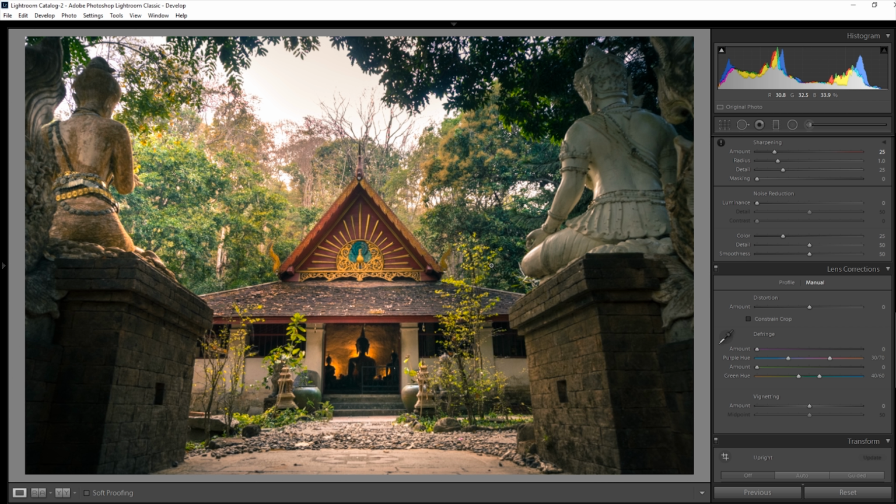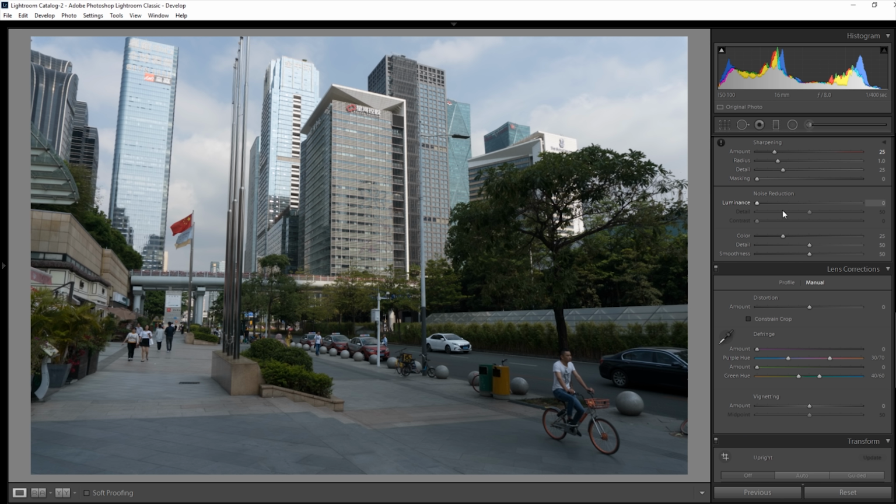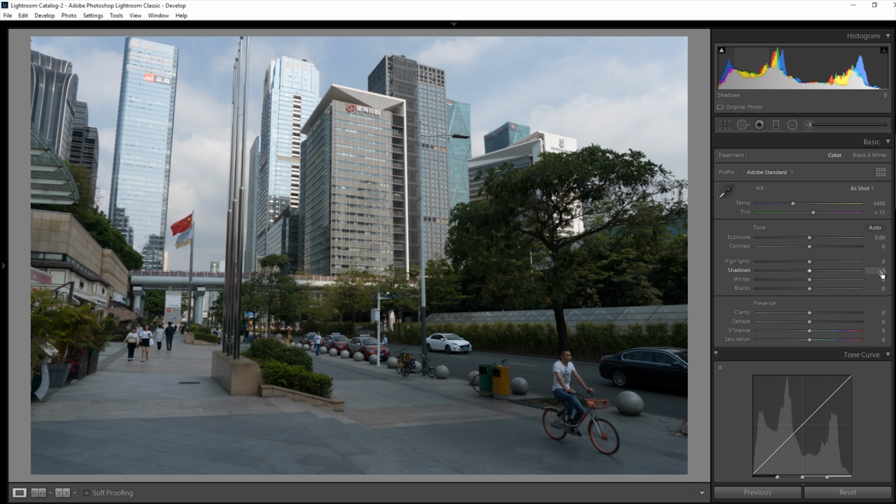Okay, let's go on to the next and last picture, I guess, which is gonna be a quite simple edit. So this is just a street picture in Shenzhen, China, but I really like what's going on. You have the skyscrapers in the background, the Chinese flag, you have people, you have cars, you have just a lot going on, and I love the angle, especially of the skyscrapers in the background. So what I want to do here is go up with the shadows, down with the highlights,